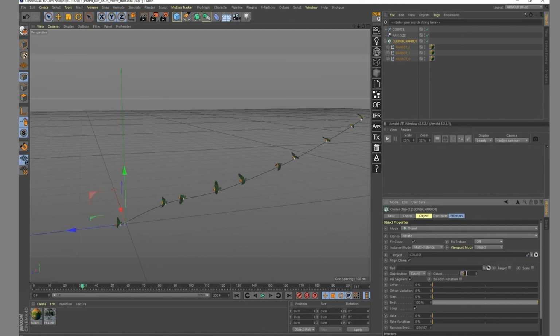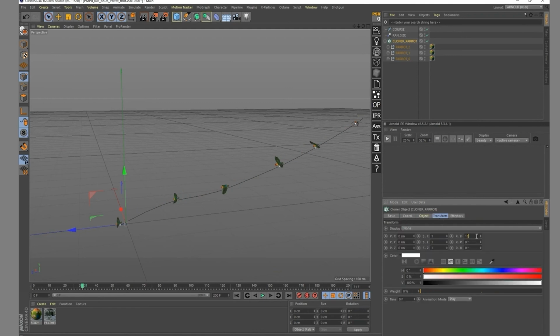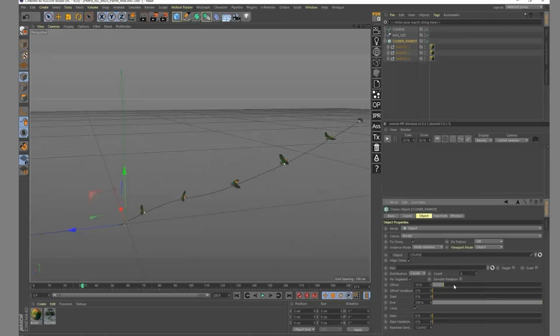Let's change that to, I don't know, 6, so it's easier for me. But if I'm doing what I think I'm going to do, which is an offset, they're going in the wrong direction. The simplest way is just to play with those values. And right now, in the transform of your cloner, you can have everything going in the right direction. Fine. What I can do also is, thinking that they are in some kind of flock formation, I'm going to put them all a bit closer, one from each other. And my setup is almost there.